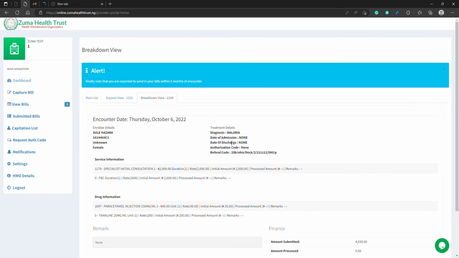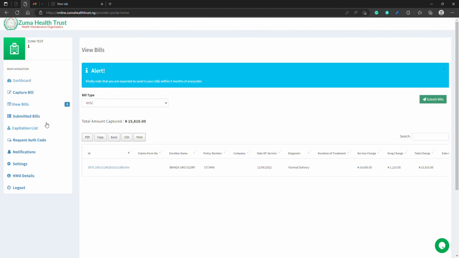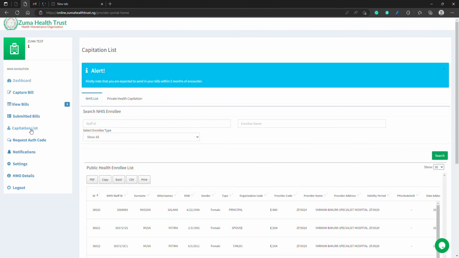It's also very important to note, like I said earlier, that you should fill in your email address under settings, so that when payment is made, the payment advice will automatically be sent to your email address. So this is about all you can do on the portal. This is the dashboard. You can capture your bills, go through that, view bills, submitted bills, and capitation list. So you can also be able to check